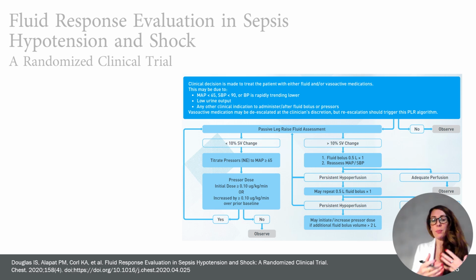One of the things, before I advance to the next slide and show you some of the outcome differences between the stroke volume guided group and the usual care group, is that patients actually over a 72-hour period went in and out of fluid responsiveness. And that's really important for us to note, that dynamic assessment of fluid responsiveness is itself dynamic. What does that mean for us? That means that when you consider an approach like fluid stewardship, you really are going to be doing this as long as your patient is hemodynamically unstable, because by the time your patient comes to ICU, they've already usually gotten